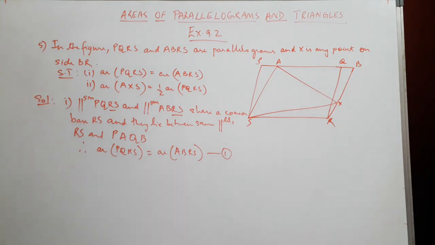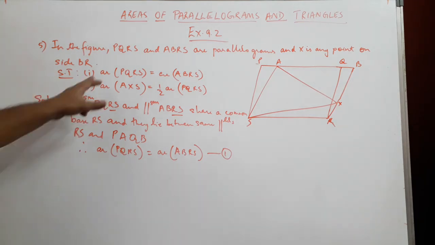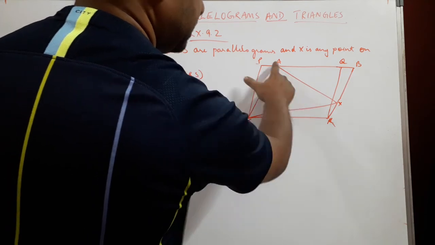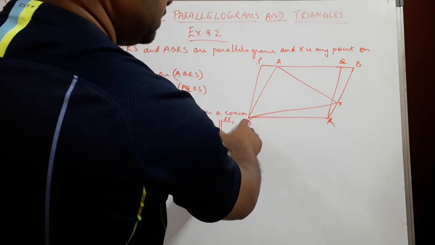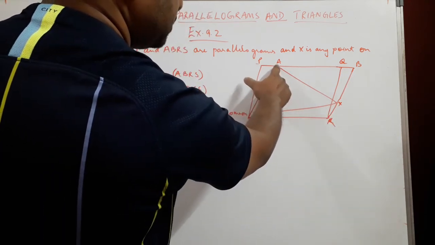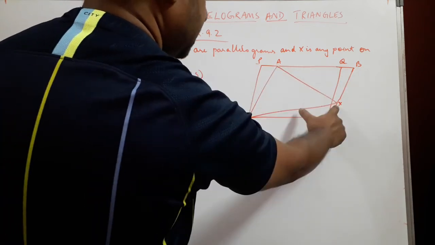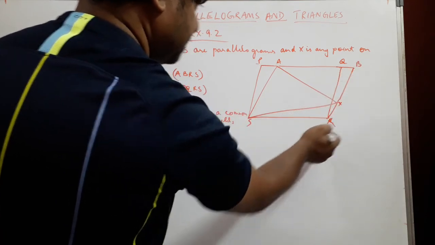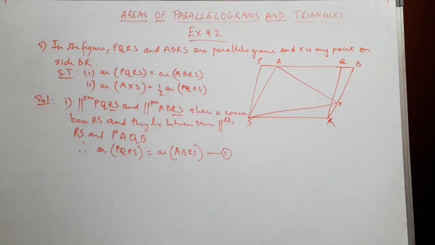So in our first instance we have got what we are asked. Next we need to go to area of triangle AXS. We need to show that it is equal to half of the area of parallelogram PQRS. So where is AXS? If you notice, this falls in one parallelogram, and that is ABRS, because this point X falls on BR,